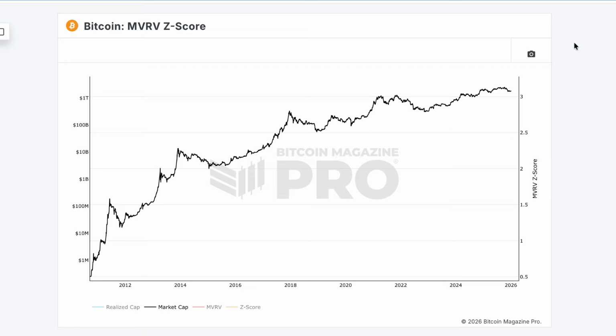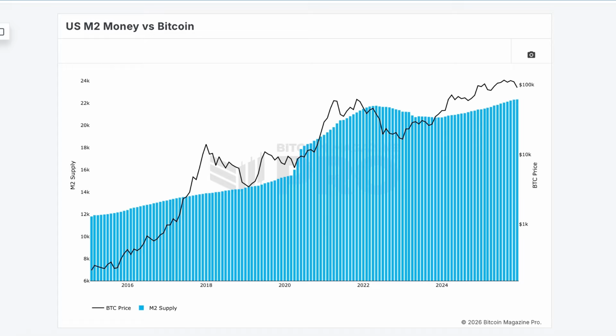And what we can see is Bitcoin is still a relatively small asset. We can see in the grand scheme of things, if I just look on this, that its market cap is currently around $2 trillion. It peaked at around 2.5 trillion. Now, if we compare that to the market cap of gold, which is somewhere between 20 and 30 trillion, we can see Bitcoin is still around a tenth the size of gold. And we're around a tenth the size of the amount of circulating dollars as well, which we'll come back to in a second.